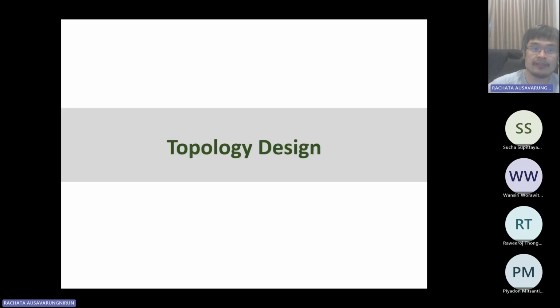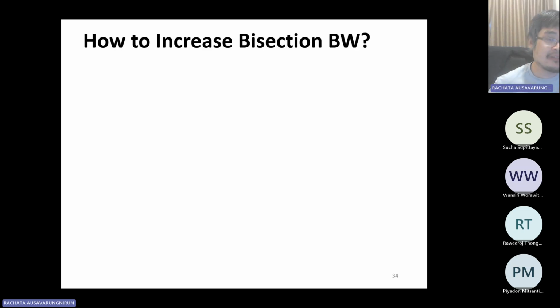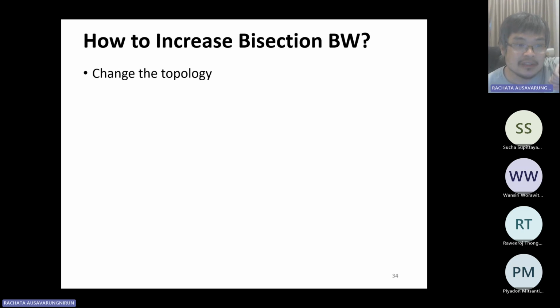But before we go there, let's talk about the topology design, right? So what we know so far, we can have a bus which doesn't scale. I would even say it doesn't scale at all, right? The more components you add in, the less you can support, essentially. You can have a 2D mesh. You can have a ring, right? And we said, hey, one idea is you can have some design that increases the bisection bandwidth. One way to do this is to change the topology. One of the primary topologies that people have been exploring, and it has gotten a lot of really positive feedback, is